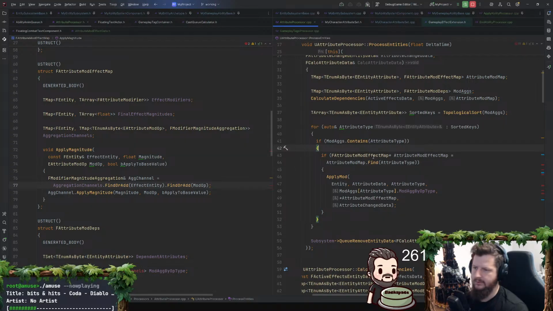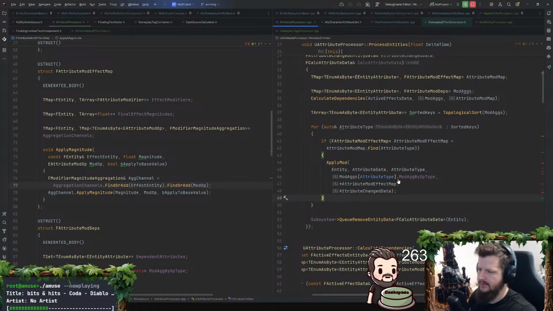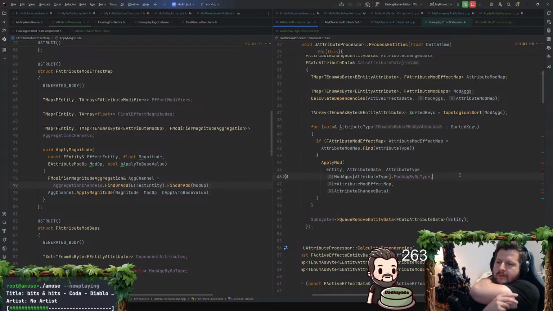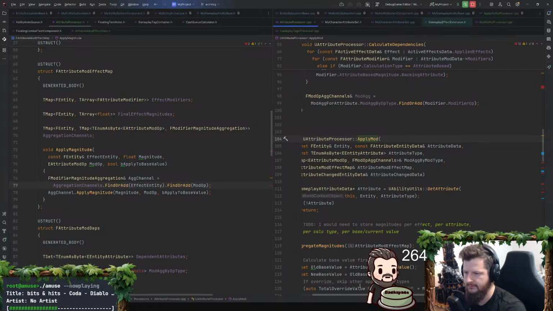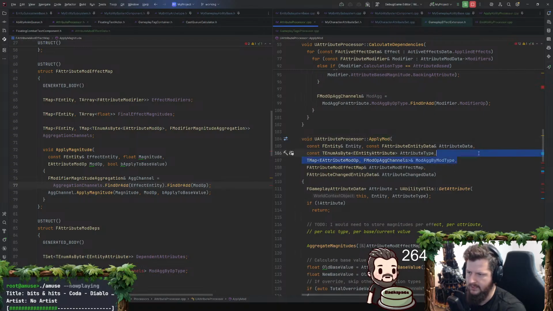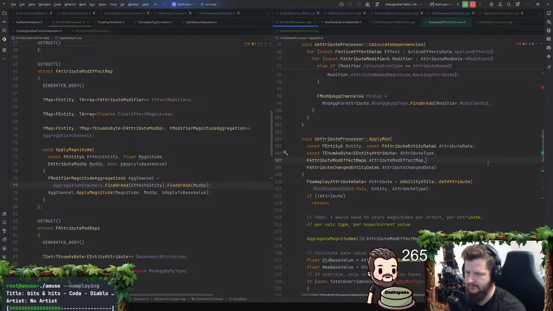Or the old one. There we go. Guess we still need that. Although, no, the find is what's doing it, actually, because I don't think we need the mod ags anymore. I don't think we need this param anymore. That is just for sorting now, actually. It's just for sorting now. So what is that, the fourth param? Mod op to channel, yeah. 1, 2, 3, 4, yeah, okay.